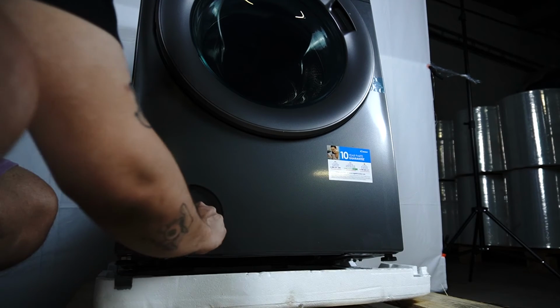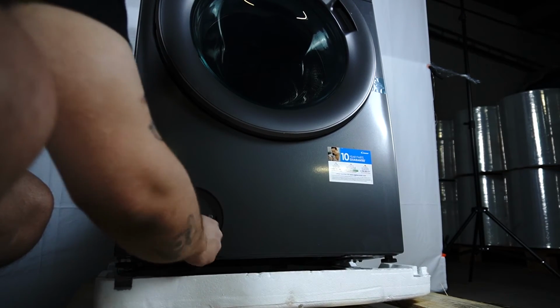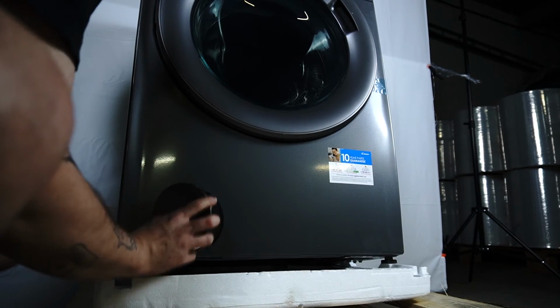To put it back, just turn to the right side, in the same way like before. Just close it,